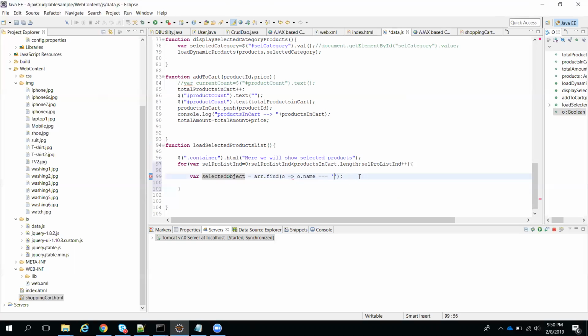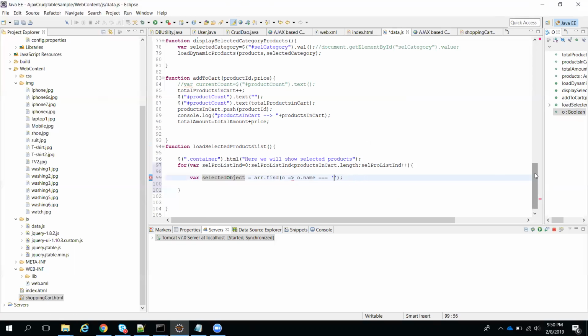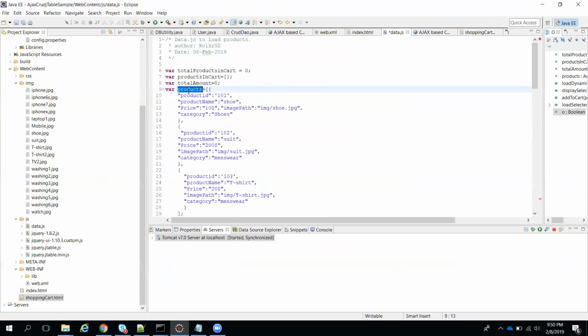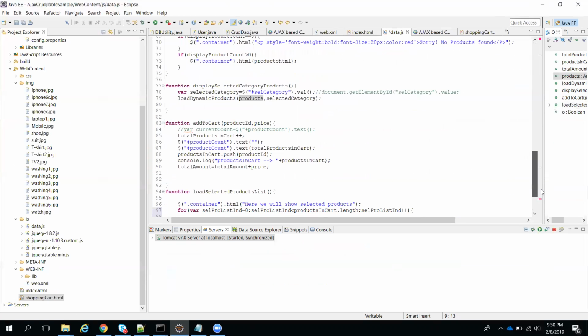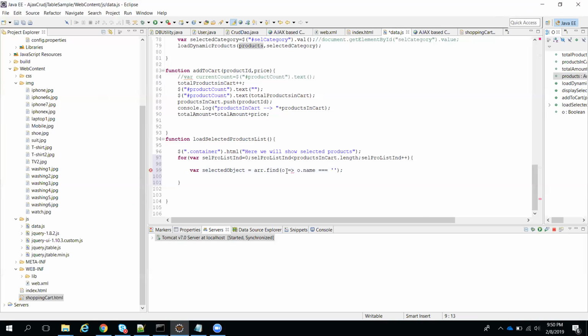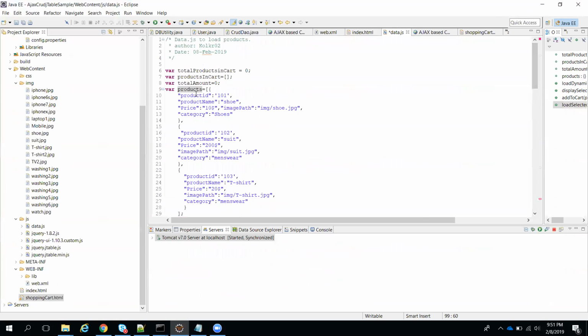Instead of string one, what we need to use here is products. What are our products? Inside products only we are going to check for the product id. So we need to pass here products, comma, products.productId. Inside this array, what is the key we need to use? Product id.